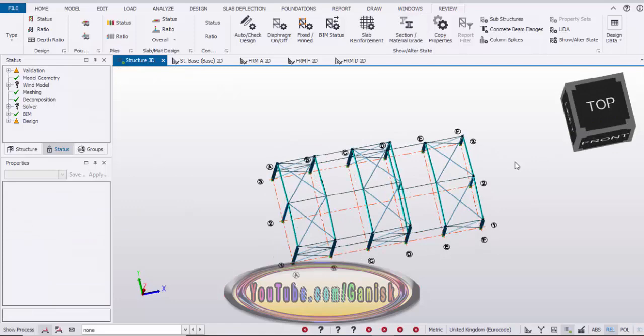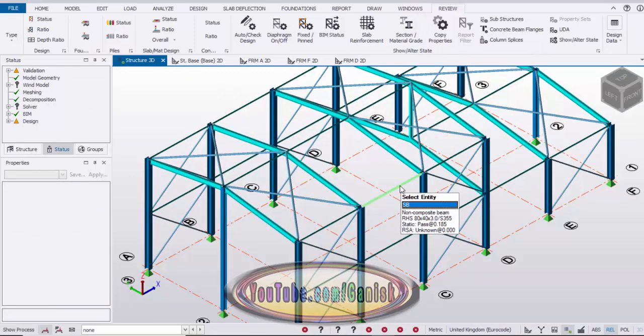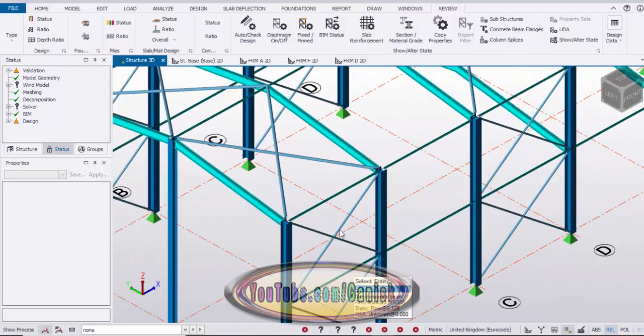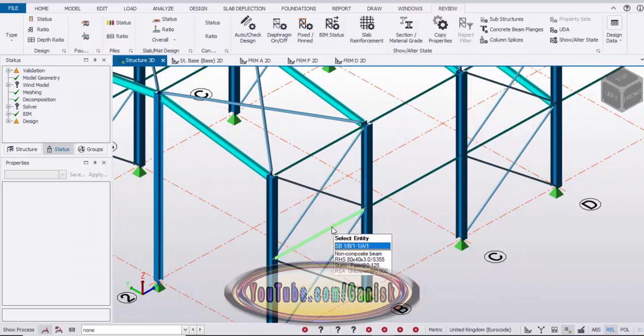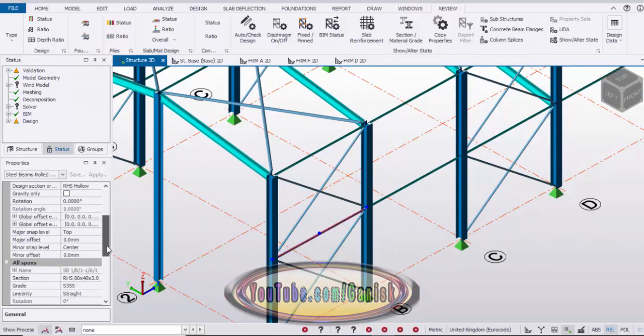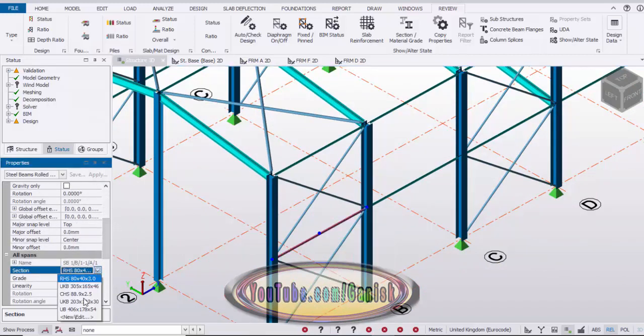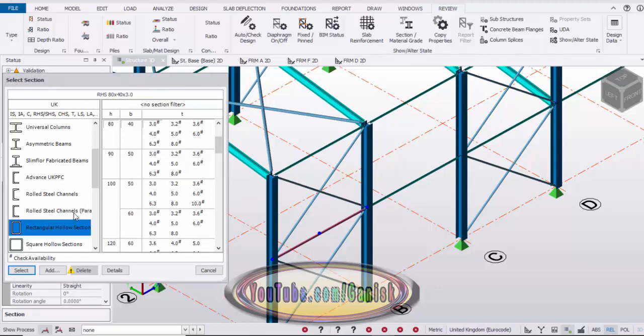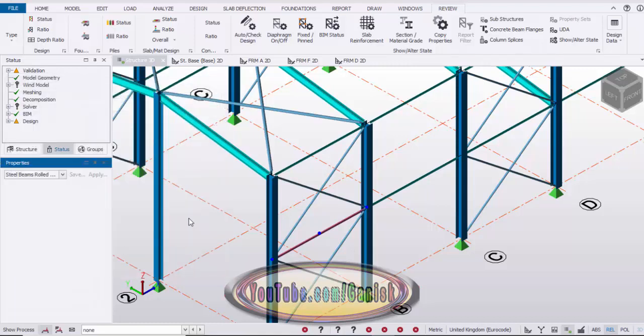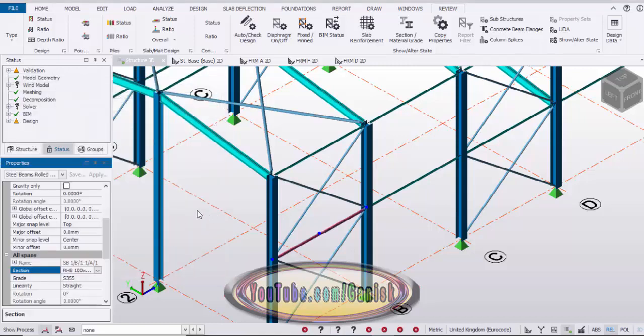Now click on here. Now we're going to change the strut sizes also, so select this strut and scroll it down. Now we're going to change this strut size. Click on here, new. Let's take 150 by 3 thick, then click on select. Now click on escape to exit the command.